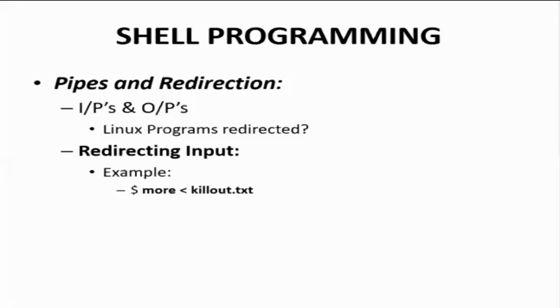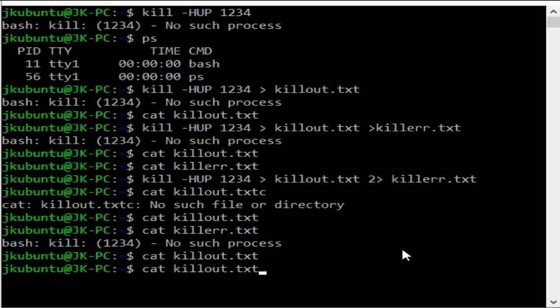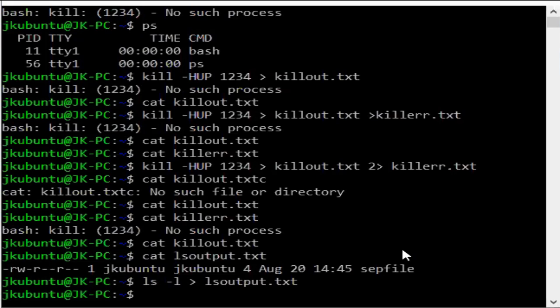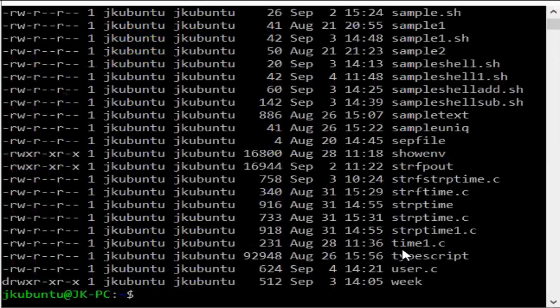So I'm going to show you the output regarding this more command, but I don't have killout.txt because it doesn't contain much information in the program that I already executed. If you observe killout.txt, it doesn't contain anything. But if I execute ls output.txt, I have some content. So now I can overwrite the content with the output of ls -l into ls output.txt. I think it will be overwritten now. So now if I use the cat command with this, I can get this information. Okay. So now if I use the more command,